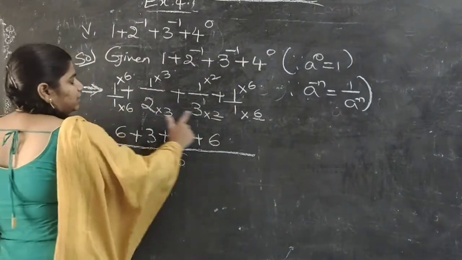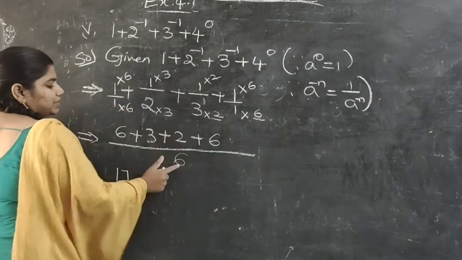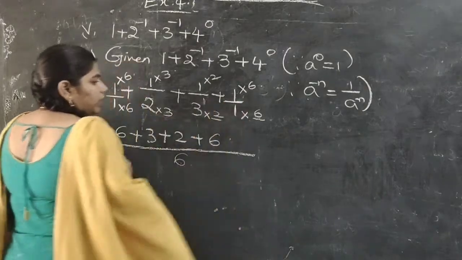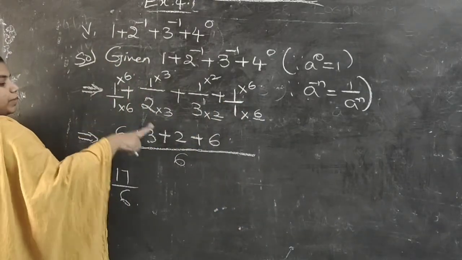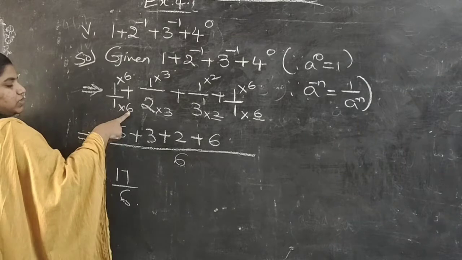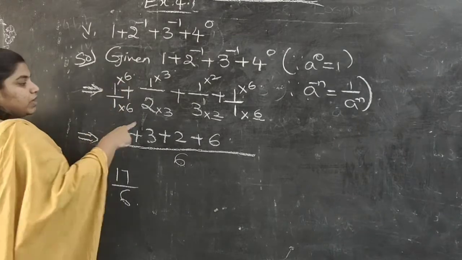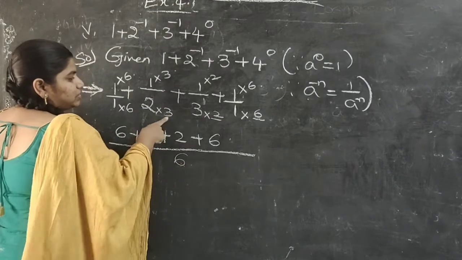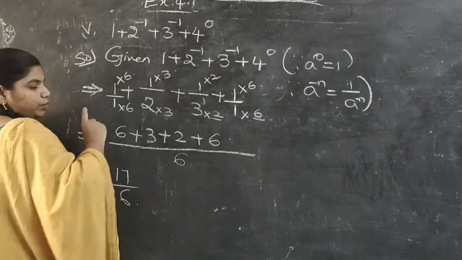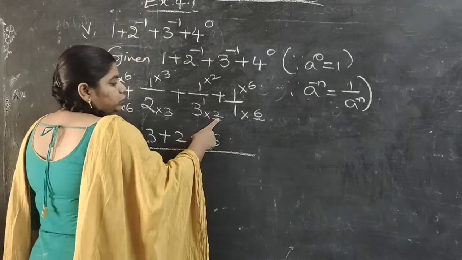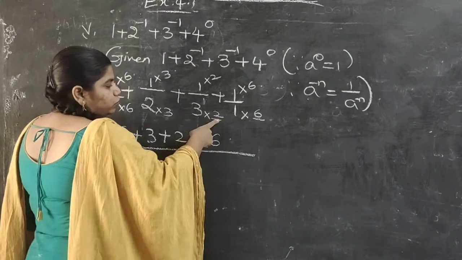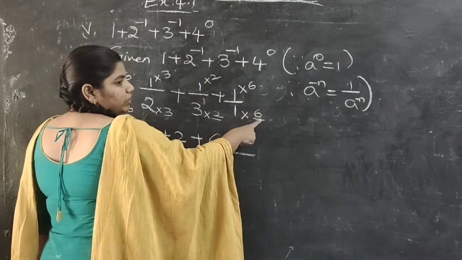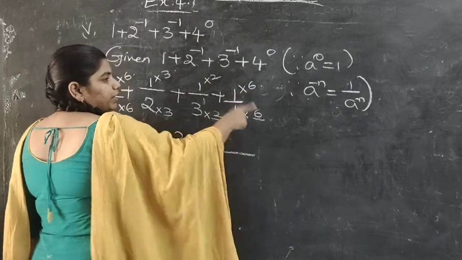So what is the LCM now? The LCM of 2 and 3 will be 6. For 1 we don't have any denominator. So for 1, how much will you multiply to get 6? That is 6 times. This 6 multiply in numerator and denominator. In the same way, for 2, how much will you multiply to get 6? That is 3 times, multiply in numerator and denominator. For 3, how much will you multiply to get 6? That is 2, multiply in numerator and denominator. For the last 1, 6 you multiply in numerator and denominator.